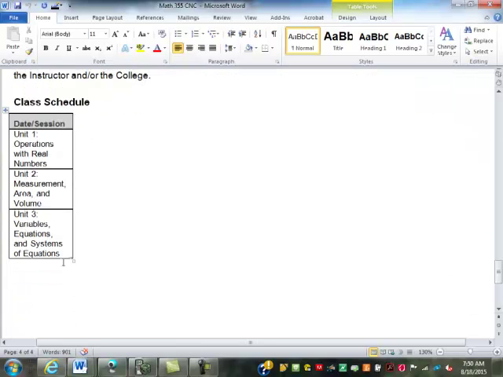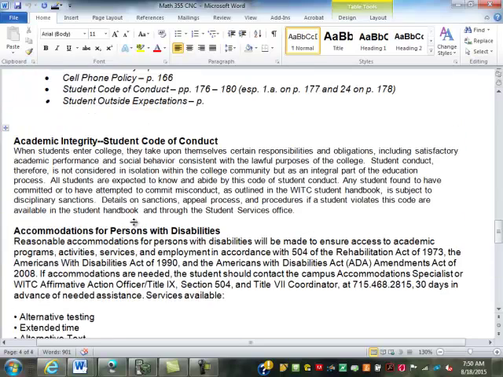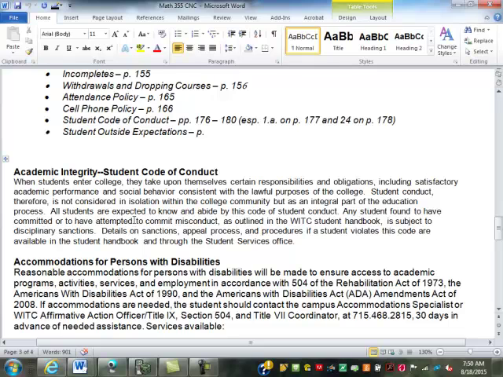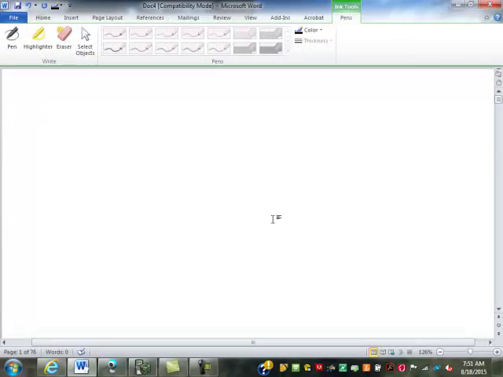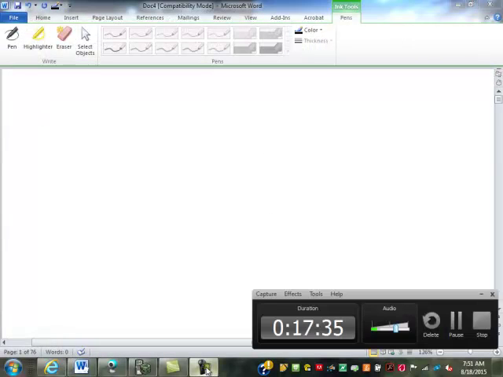I'm sure they're popular. And then this is just a list of the units for the course. Like I said, there's a minimum of 3 units. Sometimes we divide that up into 4 and get a 4th unit test in there. Any questions on procedures, grading, anything like that? Okay. Then I am going to end that recording for the